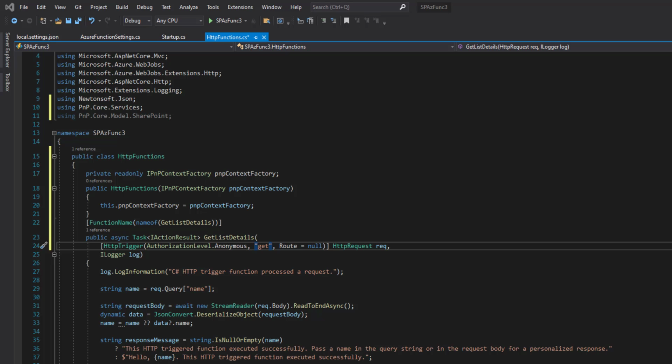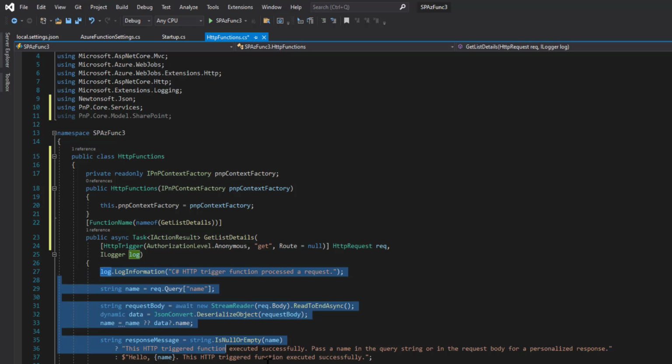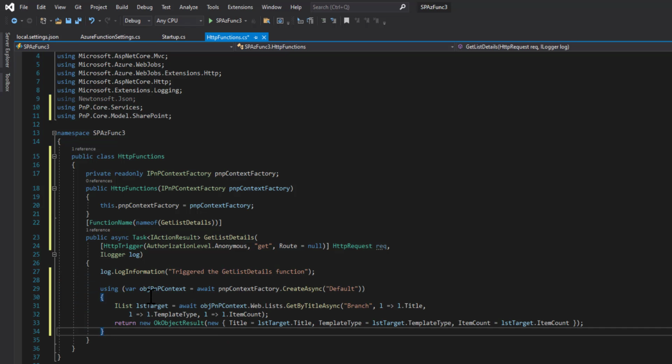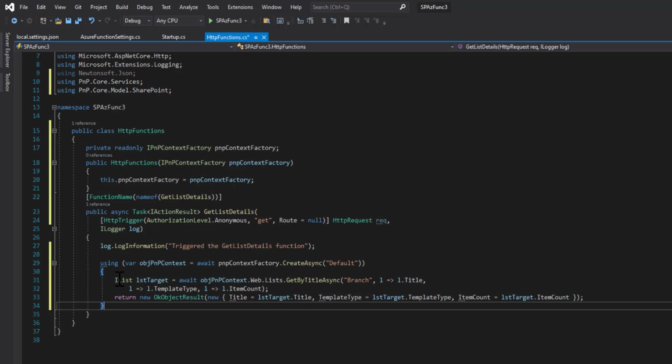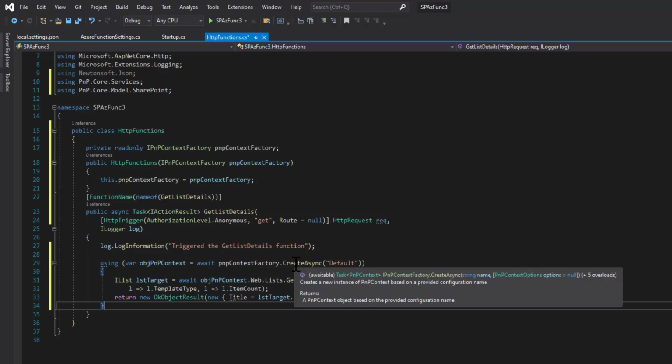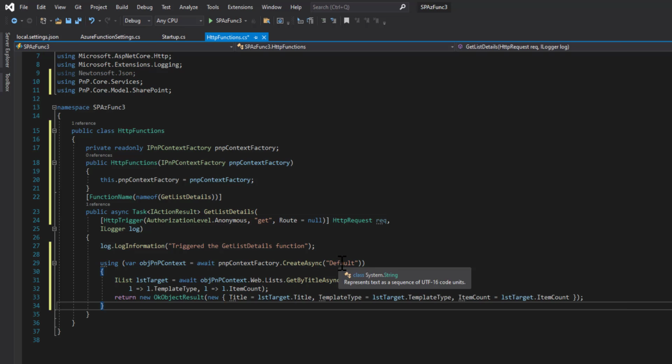So next we will be updating this function. Once the function is triggered, it will log the information as triggered the GetListDetails function. Next we are using the variable PnPContextFactory.CreateAsync, which will create a new instance of the PnP context using the variable default.